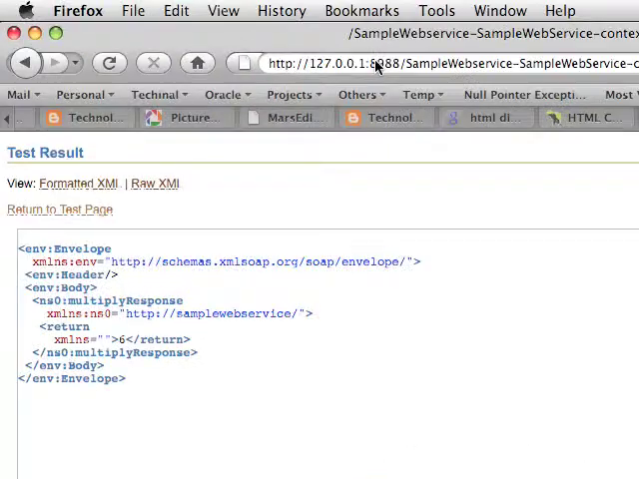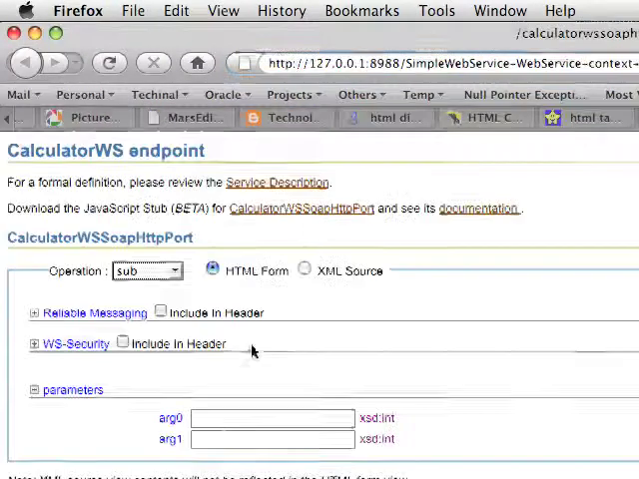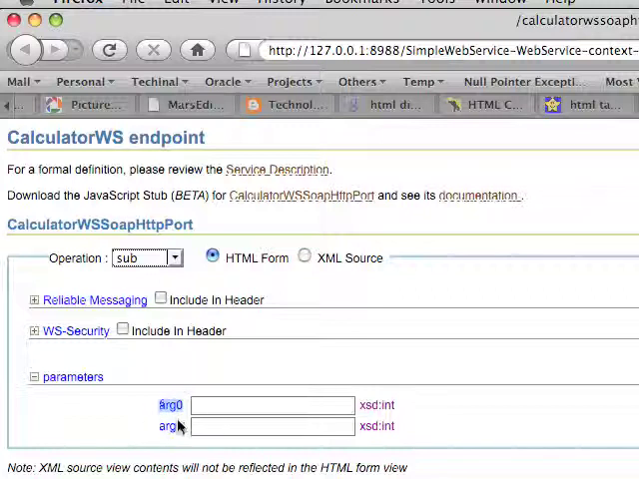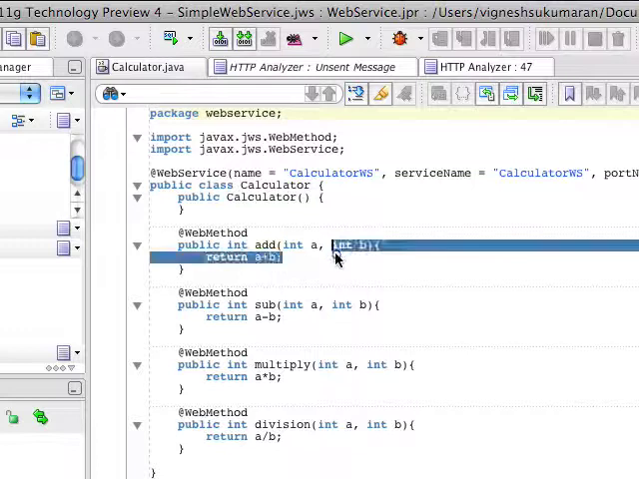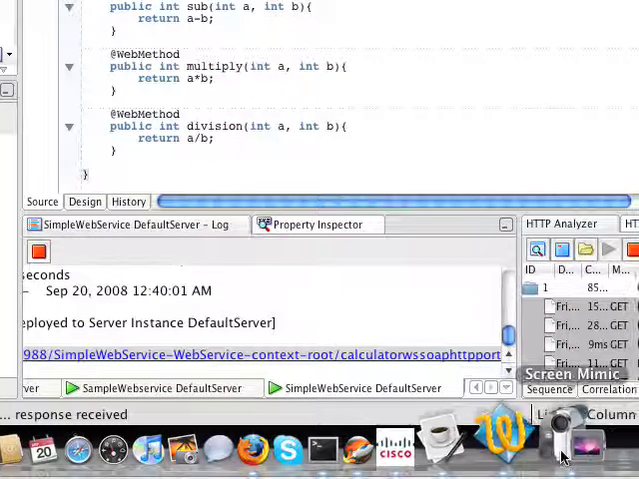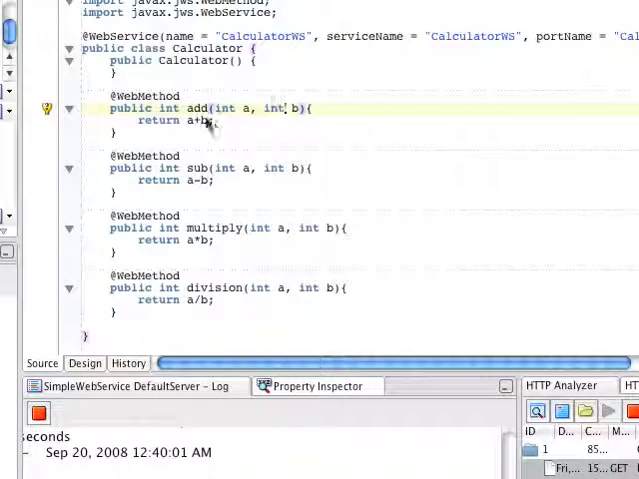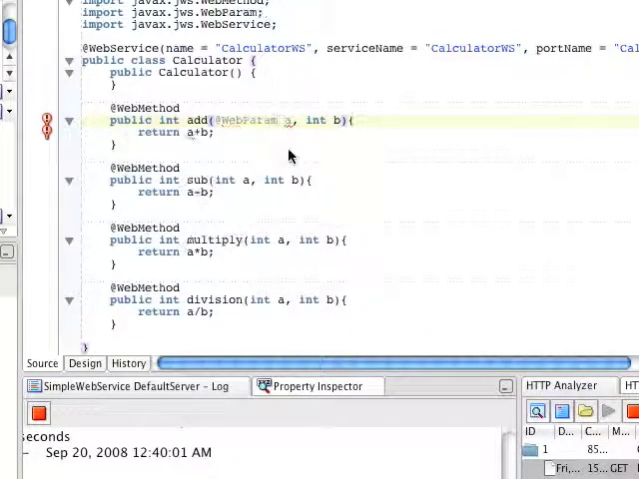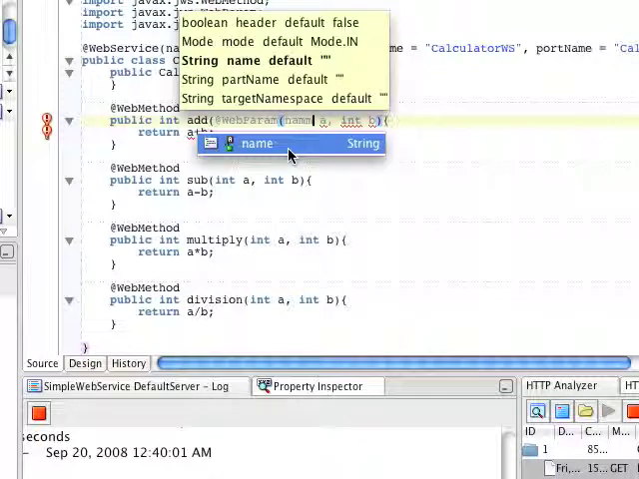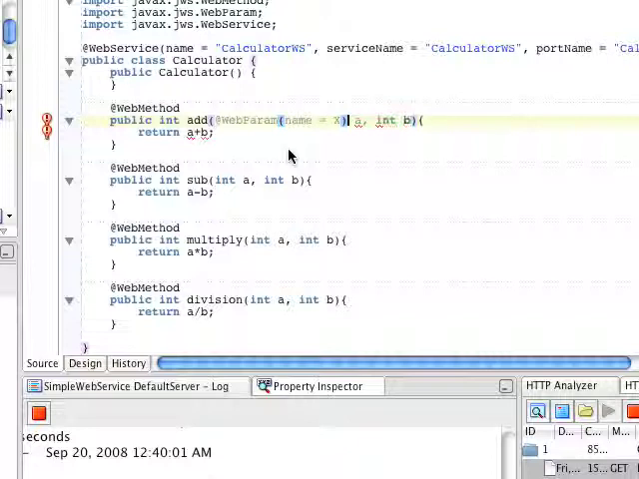And one more thing which I'd like to show is, so you can see here, instead of the names I was actually passing as a and b, it appears as argument 0 and 1 because the annotations are not set properly. So what I'm going to do now is try to change it. Say @WebParam, I will say name is equal to x. So from now on, a would be called x, and